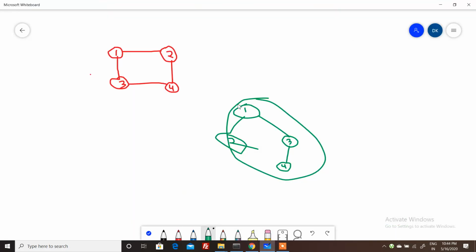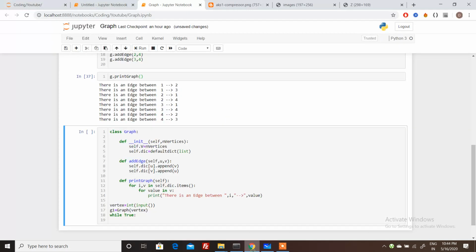Let's create this graph: there is an edge between 1 and 2, 1 and 3, 3 and 4. So let's take the input from the user and create this graph. We will do value is equal to int, comma, input.